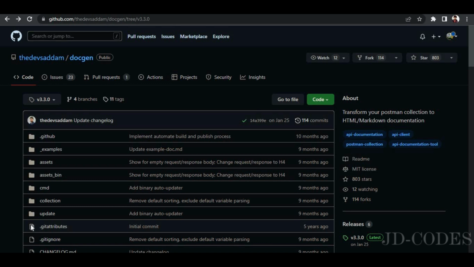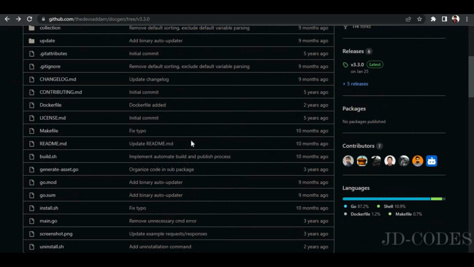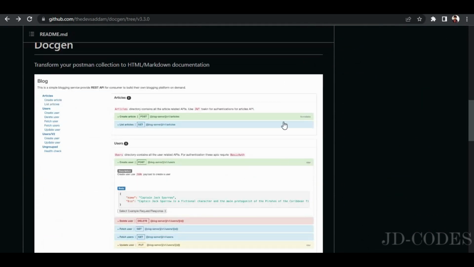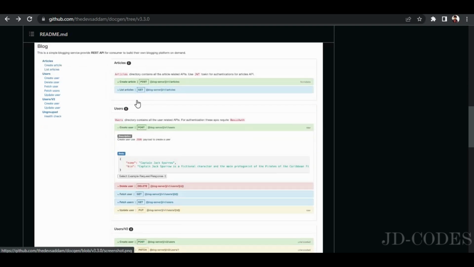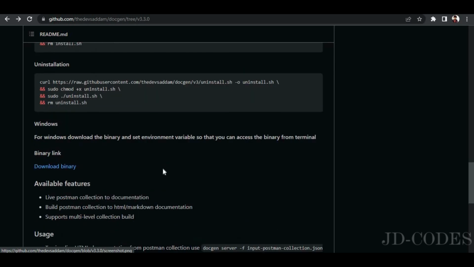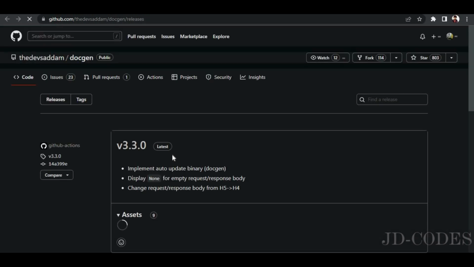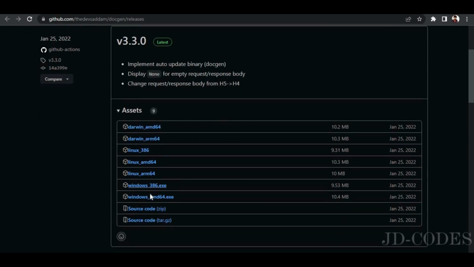it generates for us. This is the GitHub repository of Docgen, and they have given the final output of the Postman collection. This is what we can expect from our Postman collection, and here it is. They have given the installation guides. If you are on Windows, just click on this download binary. It will route to this page and you just click on this one. It will get downloaded,